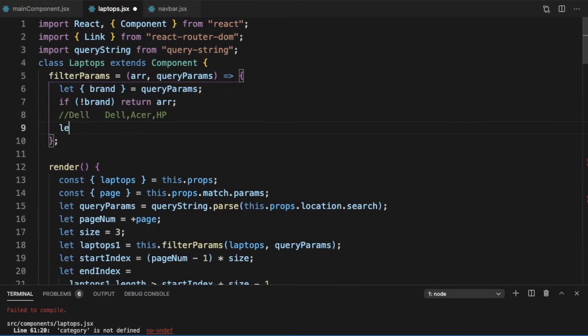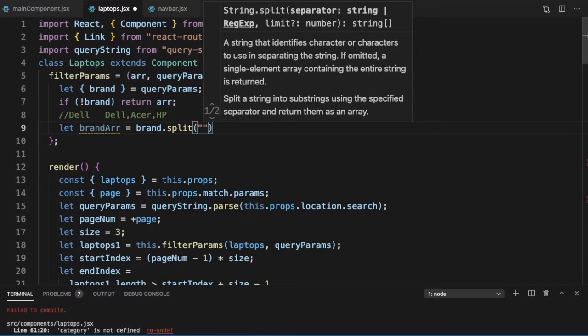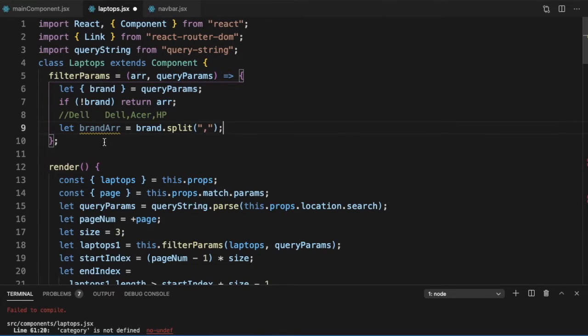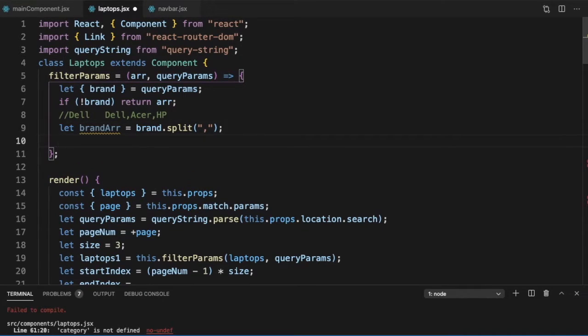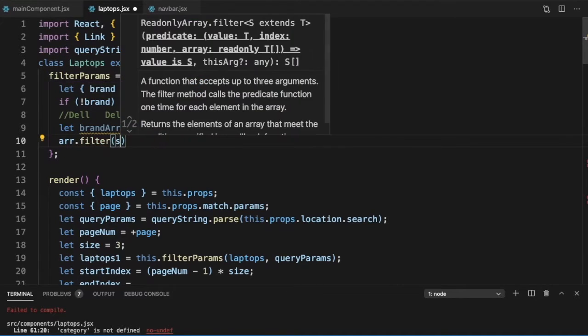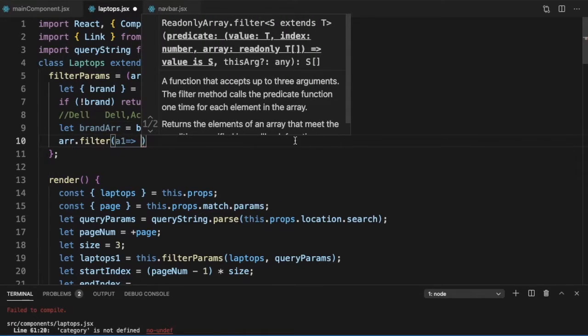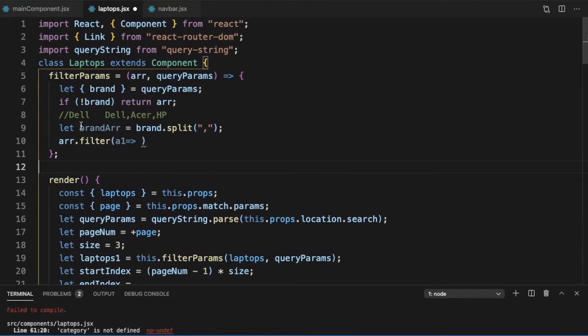So what I can do is say let brand array is equal to brand dot split comma. This will give me an array, and depending upon the comma separated values, we will get that array. Once we get that array, we need to filter our ARR. So I can just say ARR dot filter A1. For each element A1, how should I filter it? The A1 dot brand should be in the brand array.